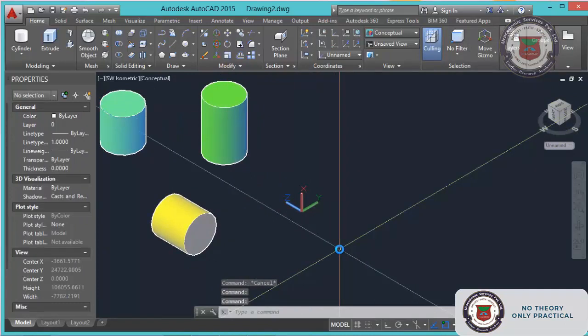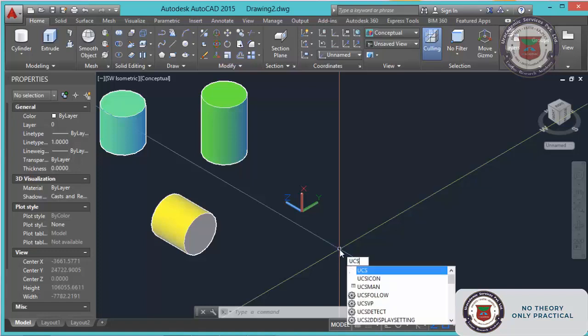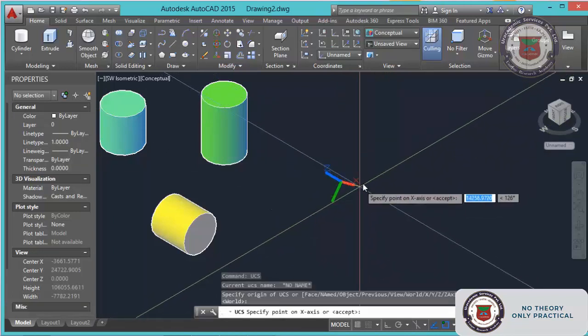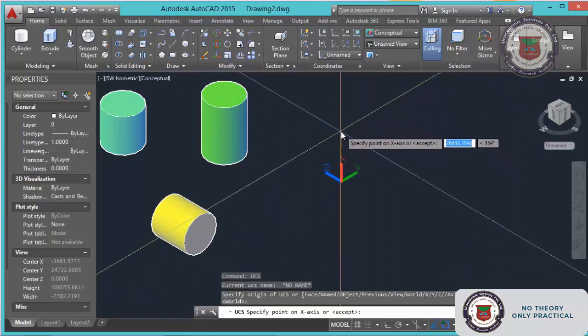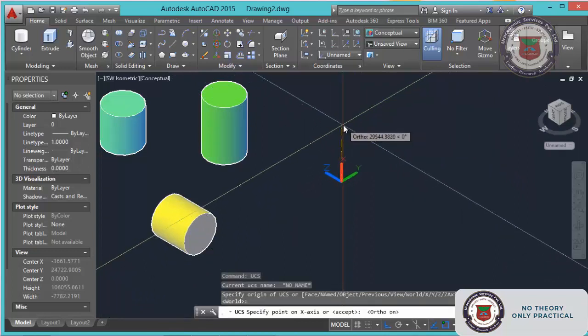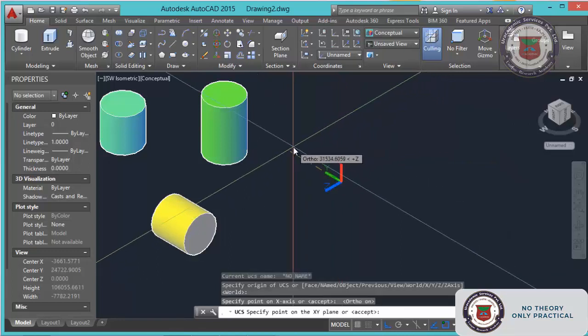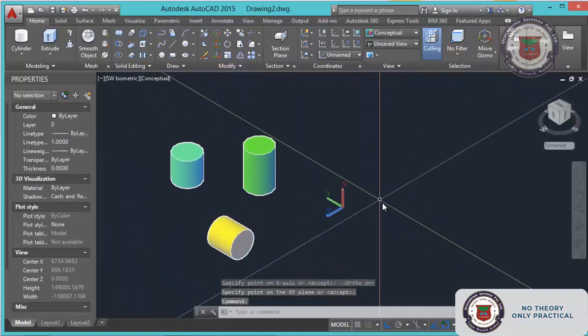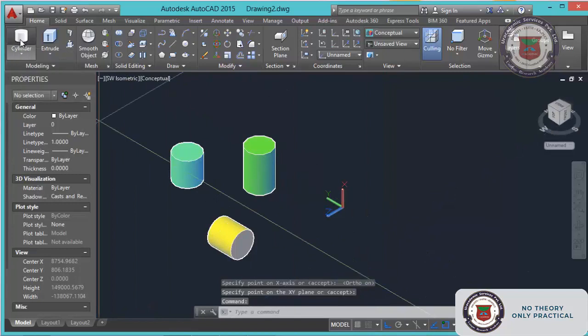Again I am rotating the UCS to another plane. In that direction also we will make another cylinder, so that you become familiar with the UCS, which face we need the cylinder on, how to rotate the UCS, and other things. Once again give the UCS command, enter. It will ask you the origin. This is my origin. The X direction is the same, and I am rotating the Y direction. The Y direction is this side, so that Z will come on this side. Again you can create a cylinder by clicking this one.